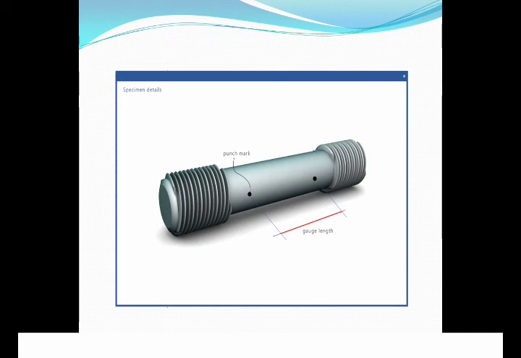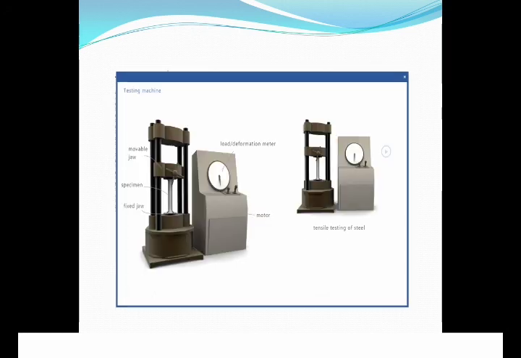So these are the standard procedures we have to follow when we go for testing, and you will be conducting practicals in the strength of materials lab for different components. Now this figure shows a general testing machine, the UTM, which is a very old type. Now we have computerized testing.